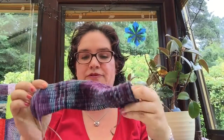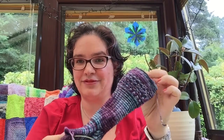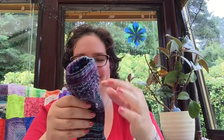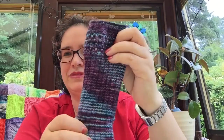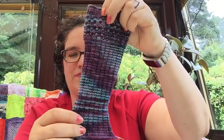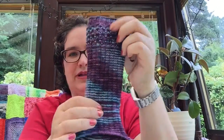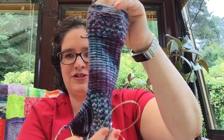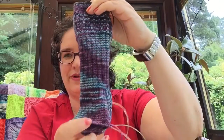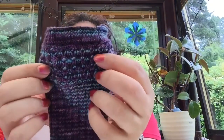Again, this is a Ripples Crafts yarn and a Hunter Hammersen pattern, and I think this color was Heather Amongst the Storms, but it's a lot of the black and then this purple and the blue, and it's kind of striping, doing kind of micro stripes and pooling at the same time. So I made this the front so you can kind of see the zigzag go across, and it starts with